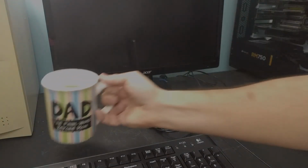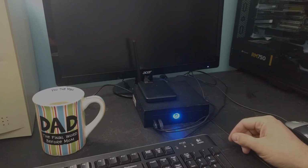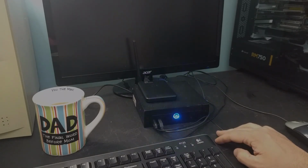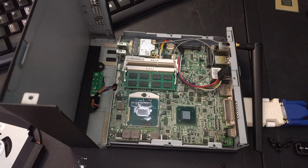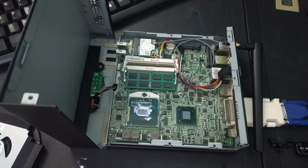Well, I got everything moved over, and wouldn't you know it, it's not booting. Yep, it comes on, stays on for about 2 seconds, and then turns itself back off. And I wasn't really sure why it was doing this, but I had a suspicion. I stole the processor out of this. Actually, it originally had an i7